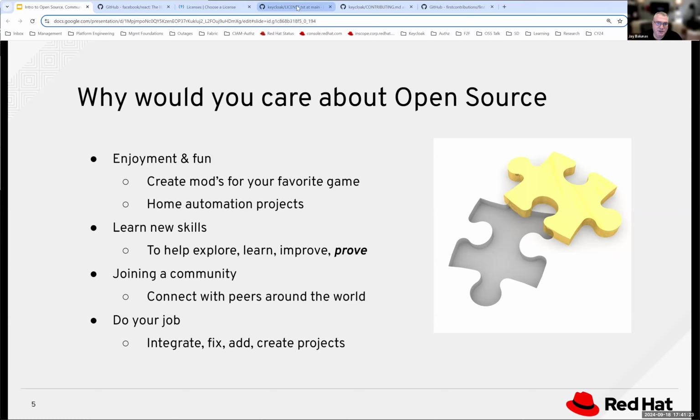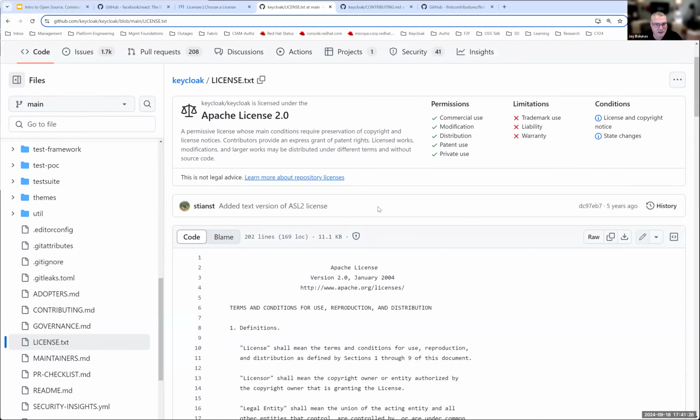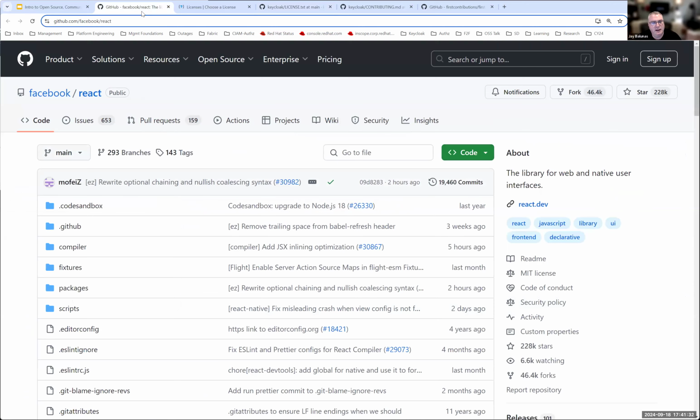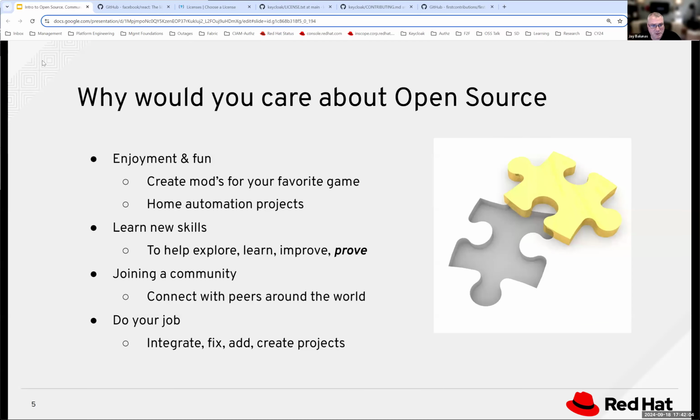100%. I'll actually show some of that a little later, where I talk about different projects I've been involved in, but others as well, like React, which is an open source project here, right? We'll talk about the parts of it, but absolutely. Now, that's not to say, when we start talking about the actual definition of open source, and it's a very good question, that just because I put software up on GitHub doesn't mean it's open source. There's a default license that isn't open, right? If I put source code up on GitHub, it doesn't mean anyone can go use it. That's the licensing part that we'll talk about a little bit, and that's an important distinction.